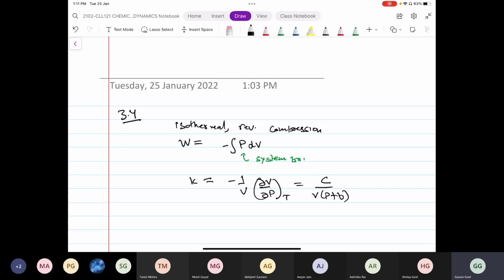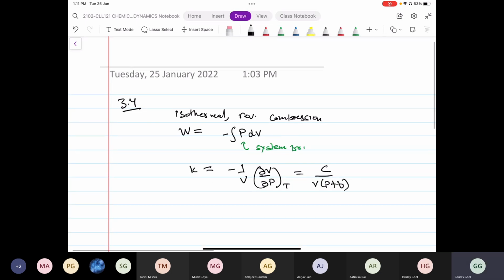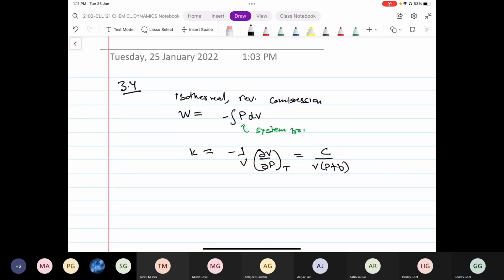Where C and B are constants dependent only on temperature. They're a function of temperature only. Okay, so they're not dependent on P or V. So essentially these are the two equations which I'm going to solve simultaneously. Given the form of this equation, from here I can extract